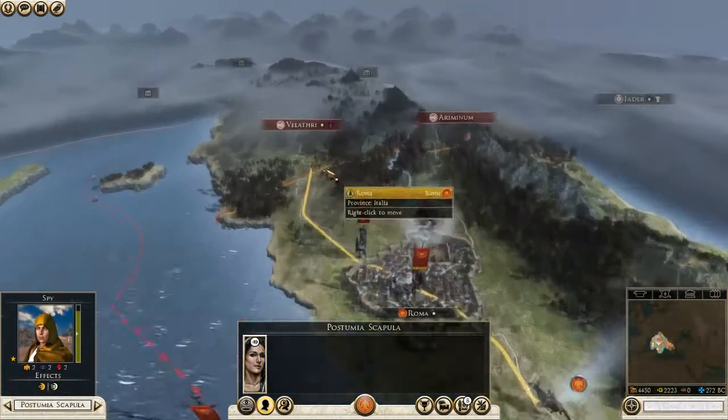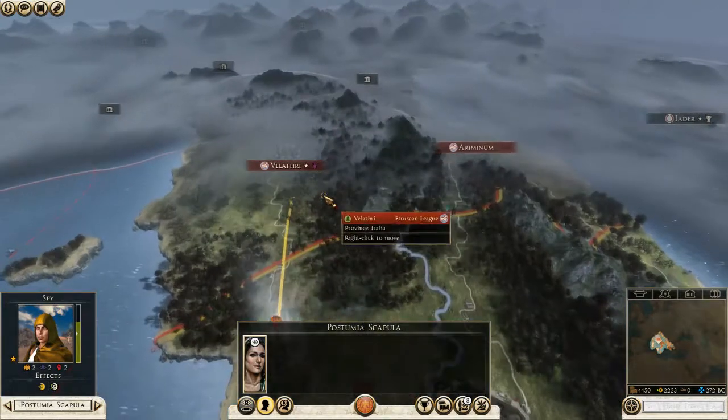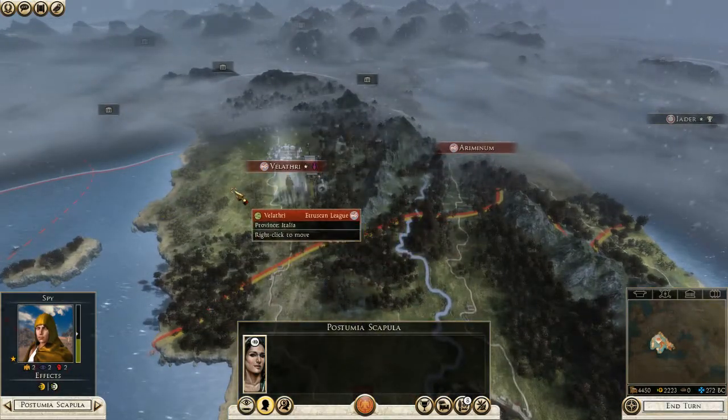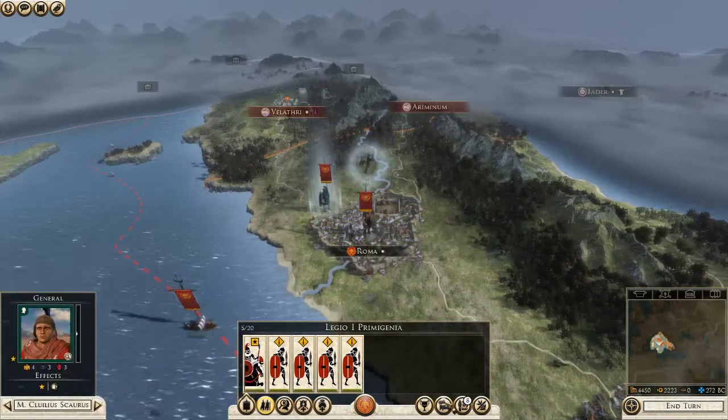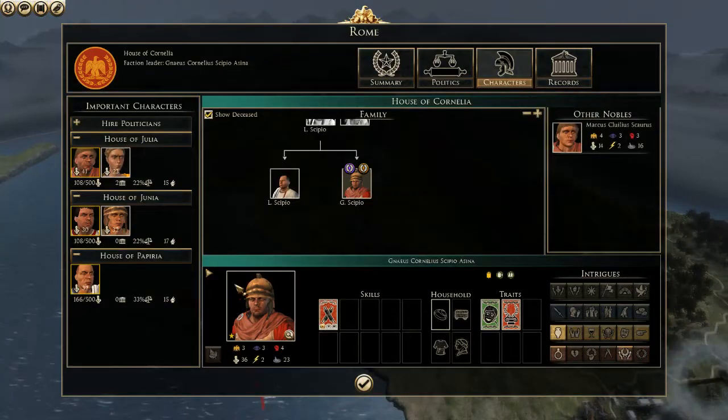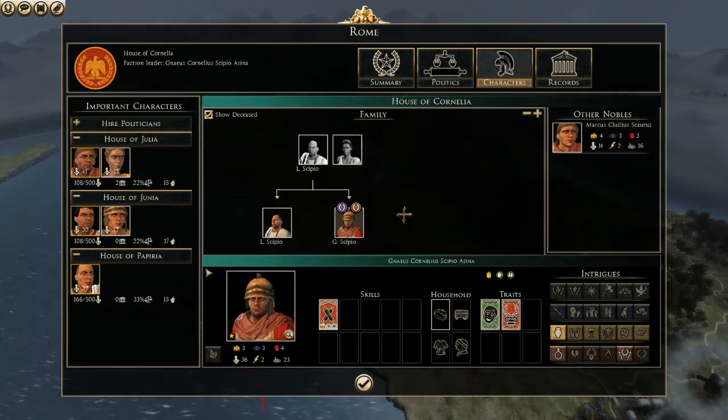Send our spy further north. As you command. Excellent stuff. At your command. And we just want to see this guy on our family tree for the next part of the lesson. So, I was going to adopt somebody to teach you about adoption and stuff, but I'll still go into that a bit later on. But the first thing we're actually going to do is push north to take care of the Latin League and to take care of the Gauls as well, who are pushing down out of the